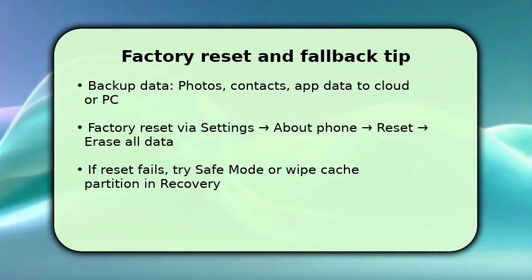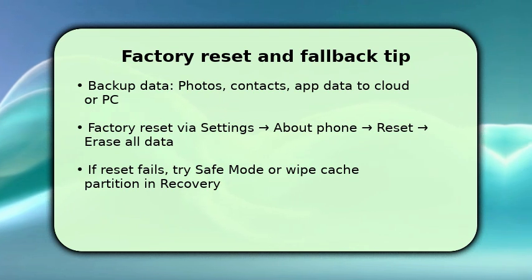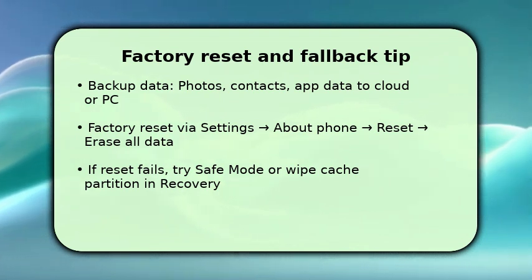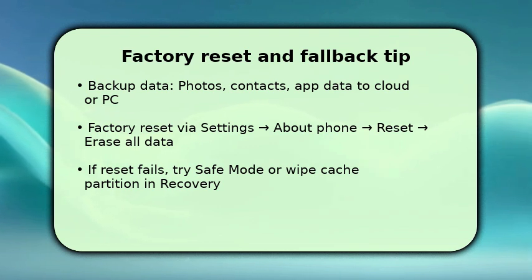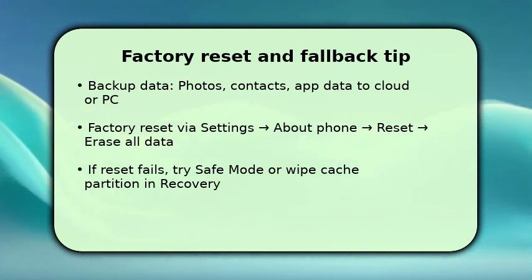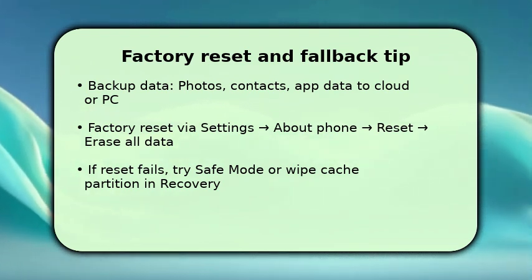Backup photos, contacts, and app data to the cloud or a computer, then go to Settings > About Phone > Backup and reset > Erase all data and follow prompts. After reset, restore your account and update Play services. If you hit problems during reset, boot into safe mode or